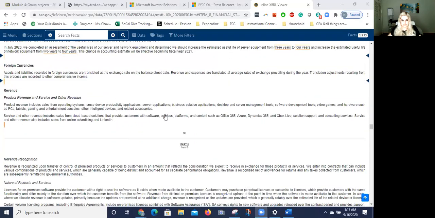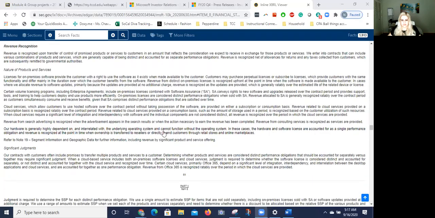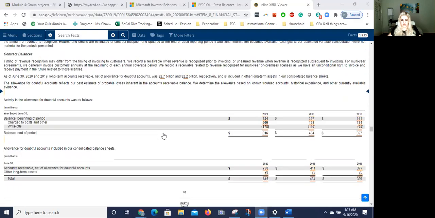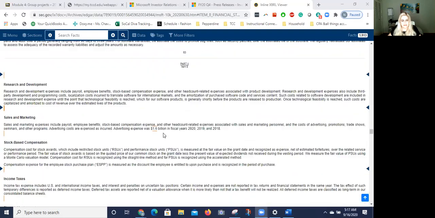All right, let's just have a quick look here. They tell you how they recognize revenue, what judgments they put in. Let's see, interesting points here. Let's look at research and development. As you can see, what is required here is that in accordance with US GAAP, which is something that IFRS doesn't ask for,